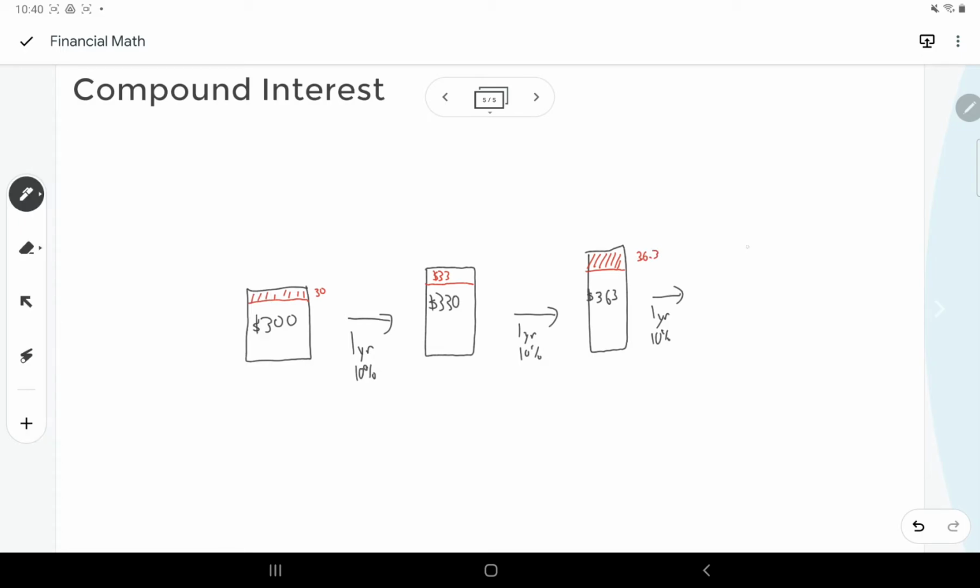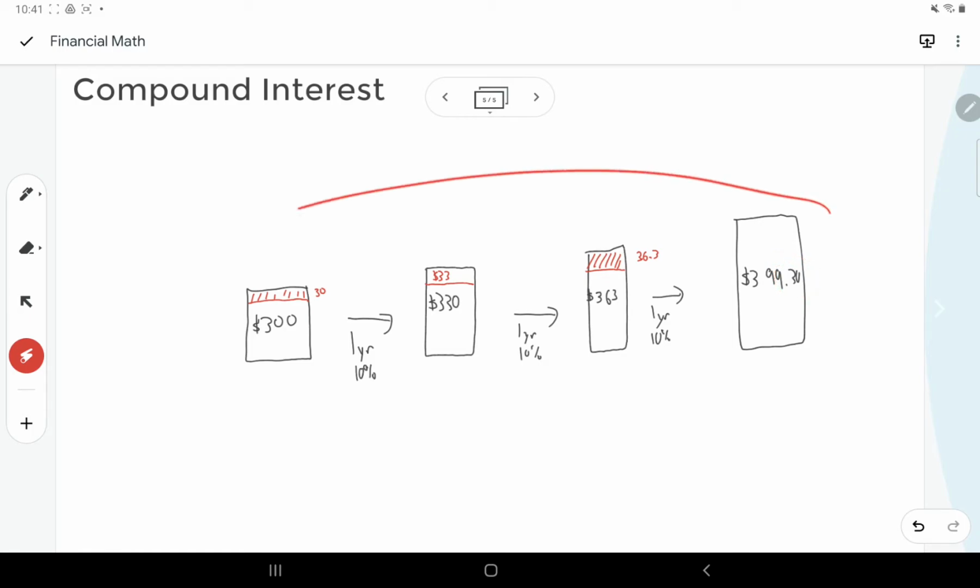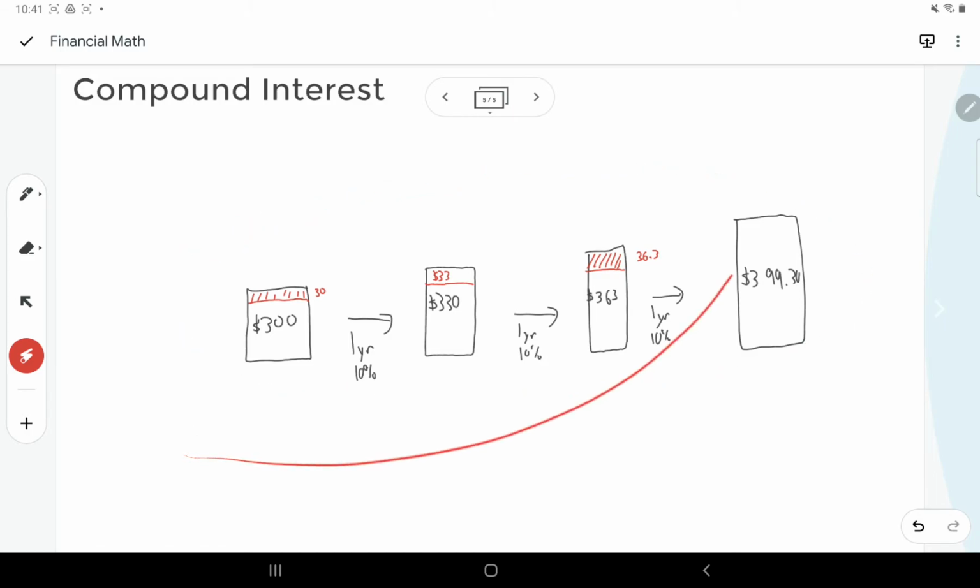So in our fourth year here, these might not be to scale, but this would be 399.30. Okay. So it's just a little bit more than in the simple interest video. In this case, I think it's $9.30 more-ish. So it's not much more, but it can grow a lot over time,